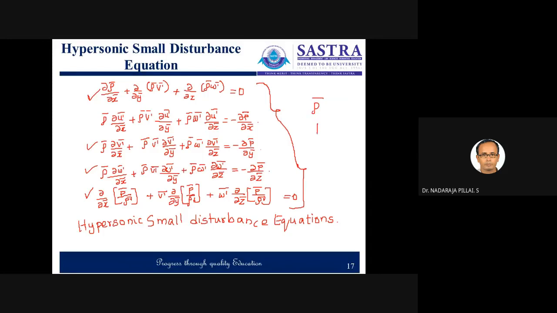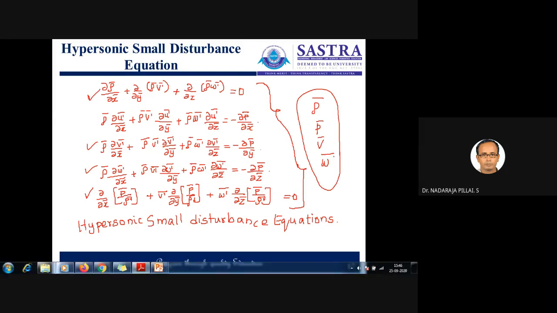And the 4 unknowns, say rho bar, p bar, V bar, and W bar, right? So W dash bar, P dash, rho dash, whatever you want. So these are four unknowns, and we have four equations. So we can solve all these, and we can go for the final one, right? U dash can be calculated.